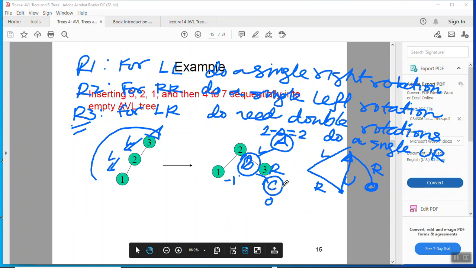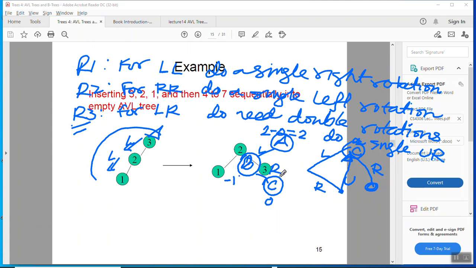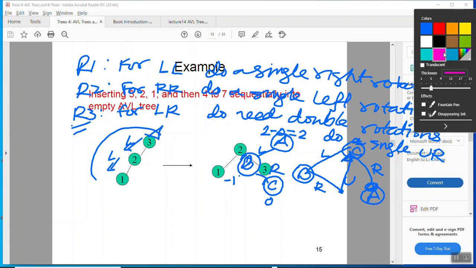So then C will go to position A, on the top. C will come over here, and B will stay in its position, and then A will come here. I wish I could give a different color for this. So do a single